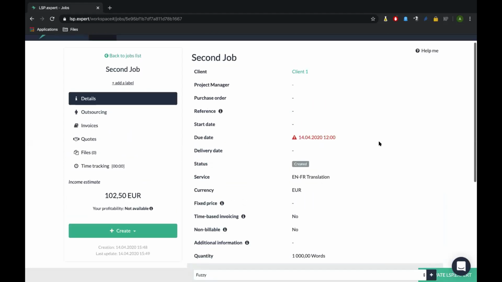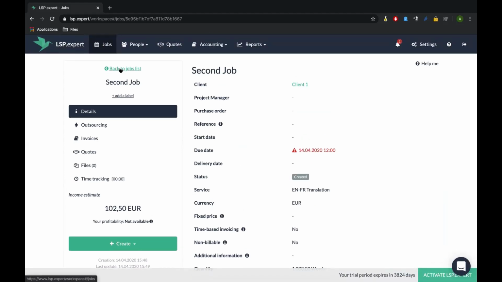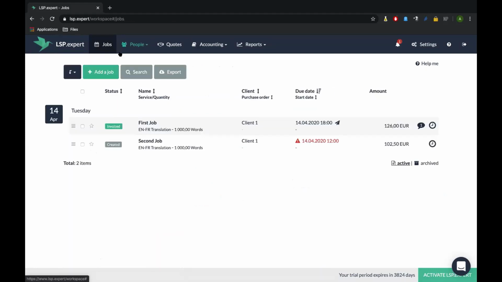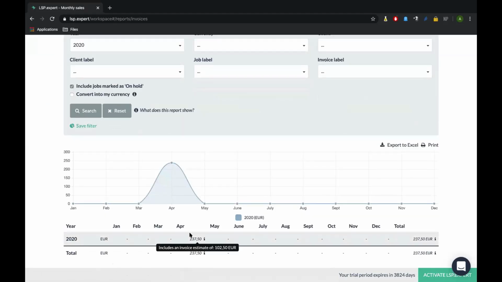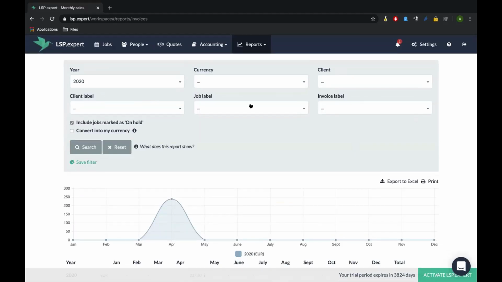And so if I do it again for my client, I will have every information about that already set. I don't have to reintroduce everything. You can see that it is in red because I'm late on that job. And if I go to my monthly report sales, it's been added automatically to my amount for this month with the invoice estimates of that.